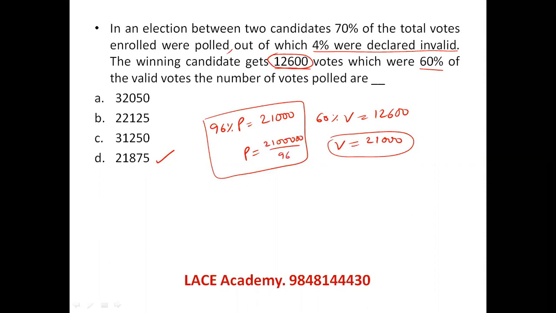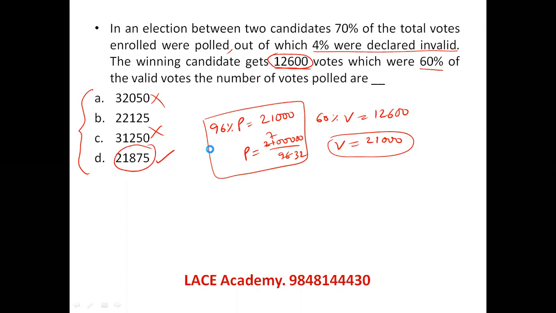If you want, you can just make it like this. Instead of cancelling, I'm just saying this is maximum 21,000 something. That's why 21,875. We call these types of options friendly options. No need of worrying about these options at all. Right. Don't unnecessarily waste your time. If the options are not friendly, the examiner is saying please calculate. If the options are friendly, the examiner is saying please observe. Don't calculate, please observe. You observe and get the answer.